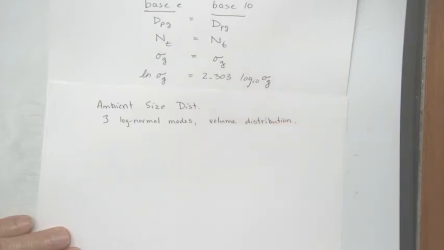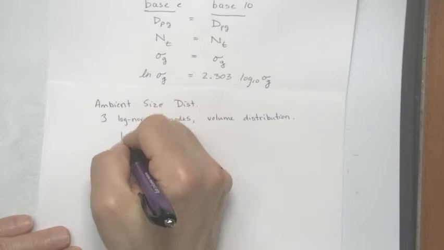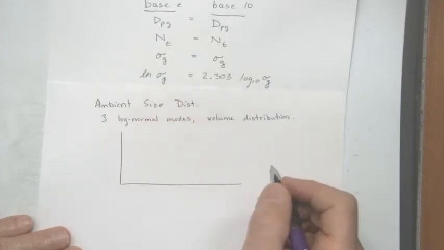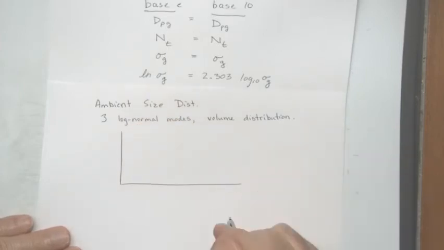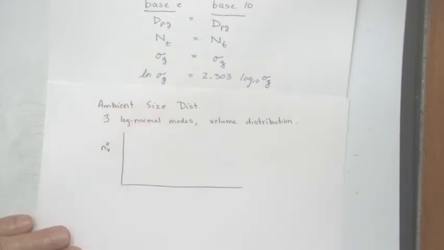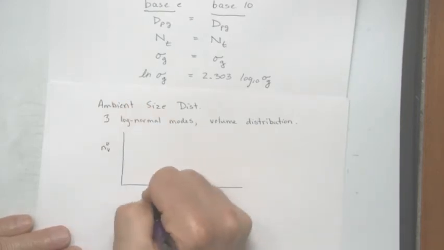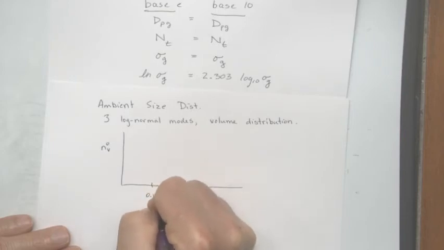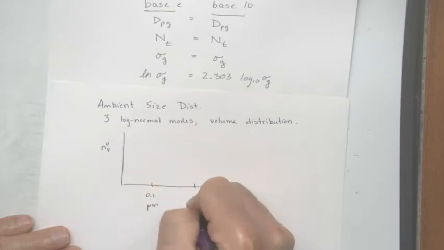Sometimes also the number, but here's a typical ambient volume distribution. So NV base 10, so there's 0.1 micron, 1 micron,